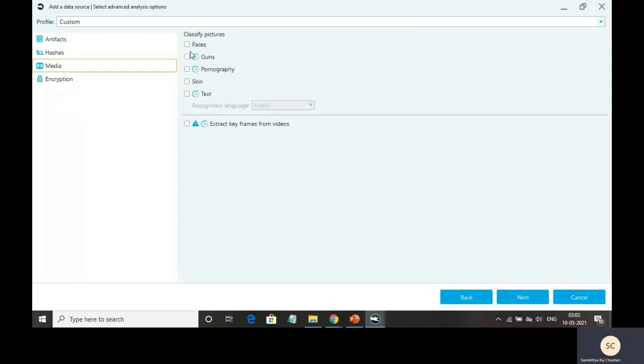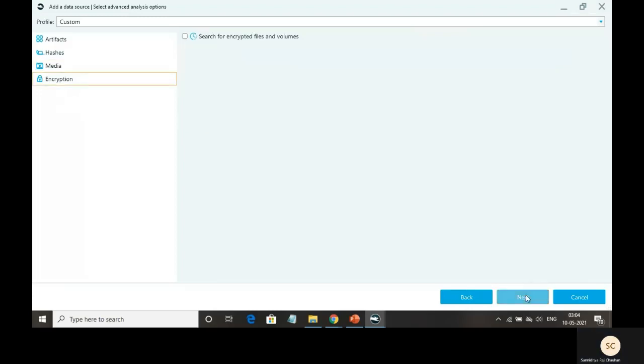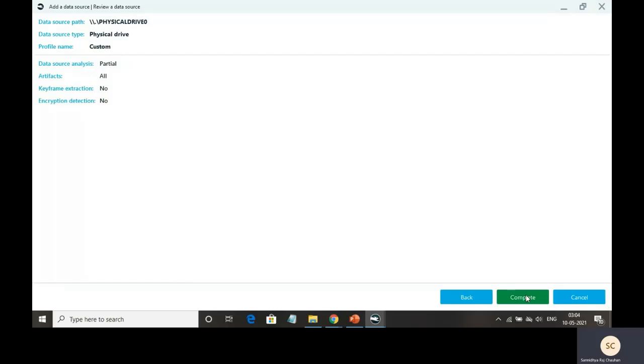Here we can classify the faces, guns, pornography, skin, text. So this is the media. This option tells us that if you want to classify the evidence in those categories, then you can select one of the options. All these options will take some time, so we'll skip them for later and just move on to the next operation.